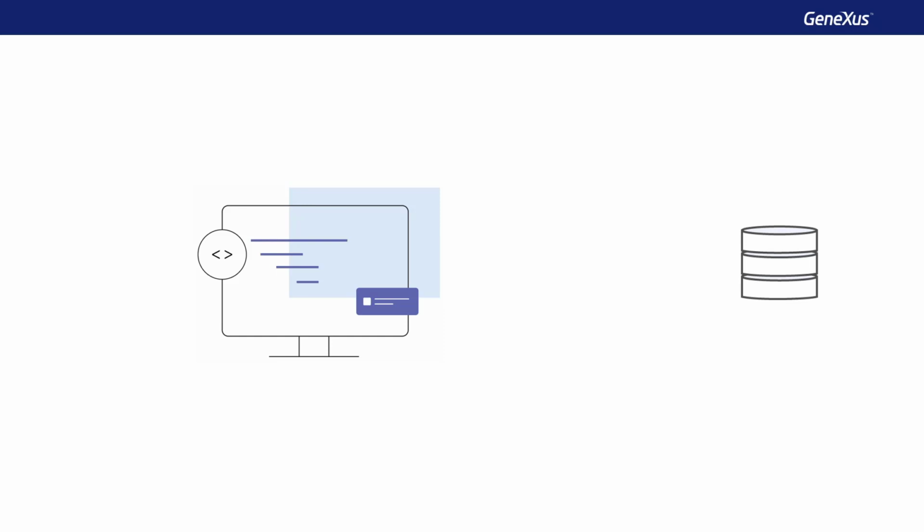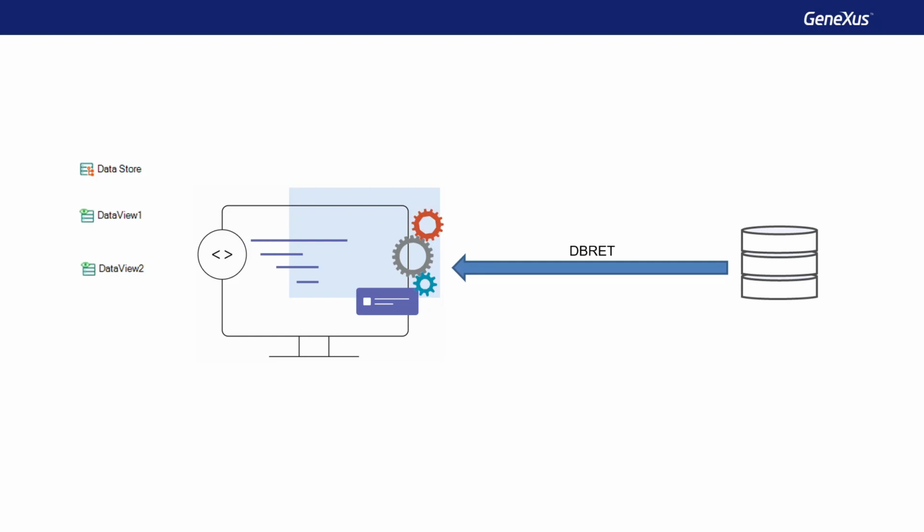Genexus has a wizard that allows connecting to external databases to our application, and from its tables and indexes, applying reverse engineering creates the necessary Genexus objects associated with these structures. With this mechanism, a data store object will be automatically created in the default environment, which will contain the necessary database connection credentials and configuration data. Also, data view objects connected to the external database tables will be created, and, if we want, the associated transactions will also be automatically created, which will allow us to add, delete, modify, or access the information as if it were from our own database.